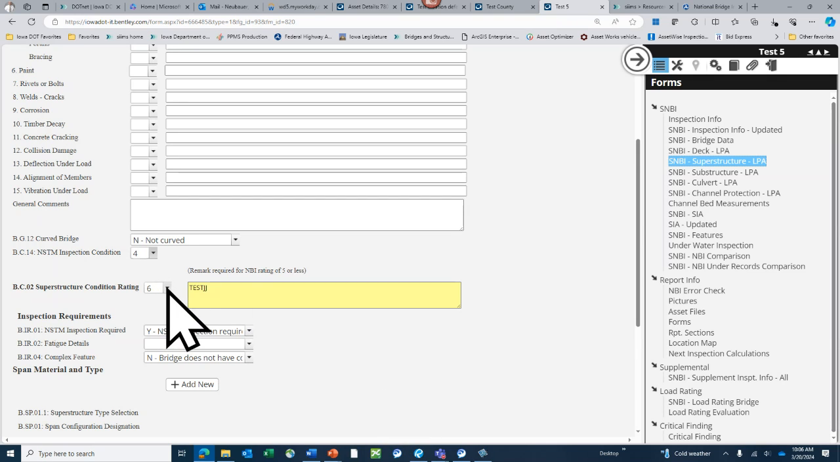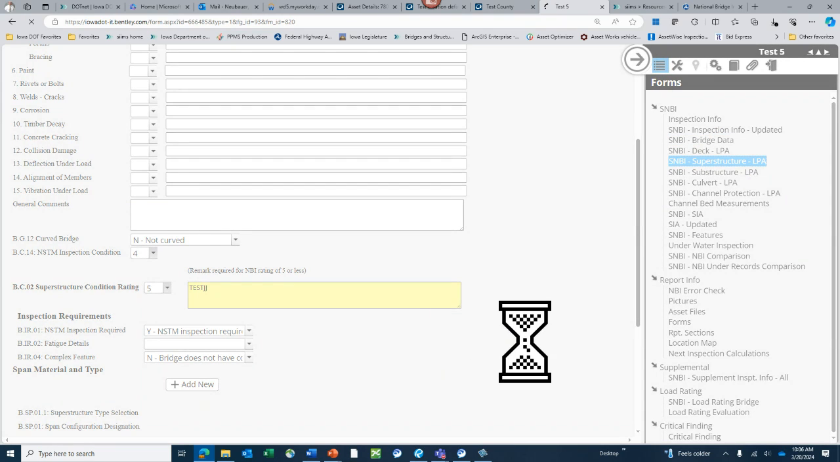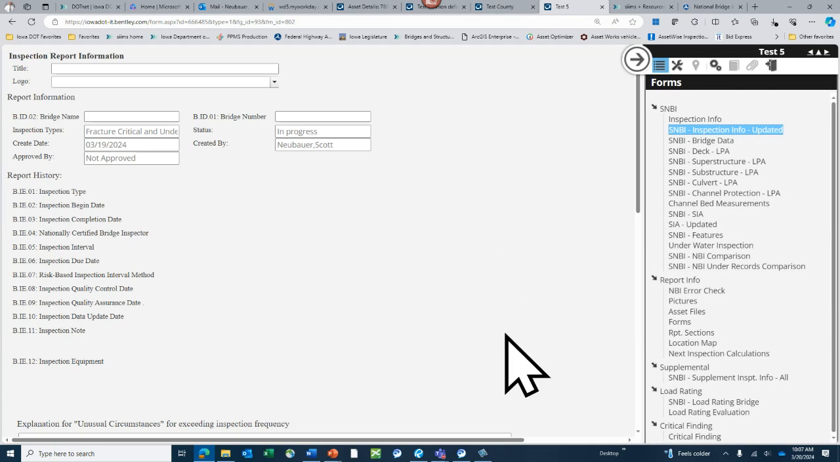So your superstructure overall might be, say, a 5, but you've got your fracture critical members that aren't in as good a shape, maybe a 4. Now that's going to force you to do a fracture critical inspection every 12 months. And I think if I go back to this page, because I changed that,